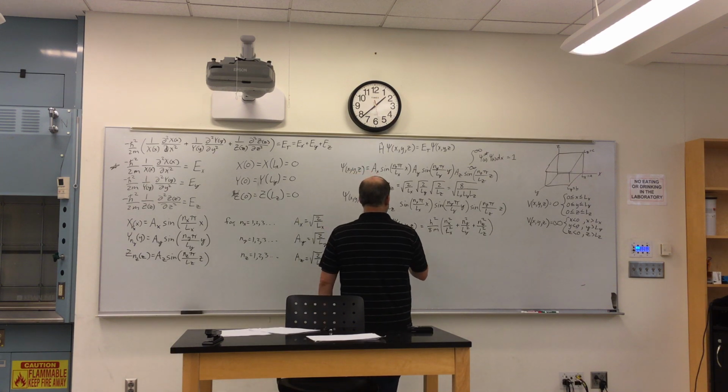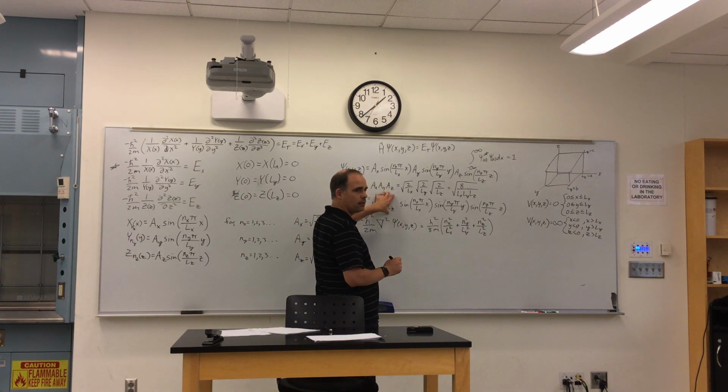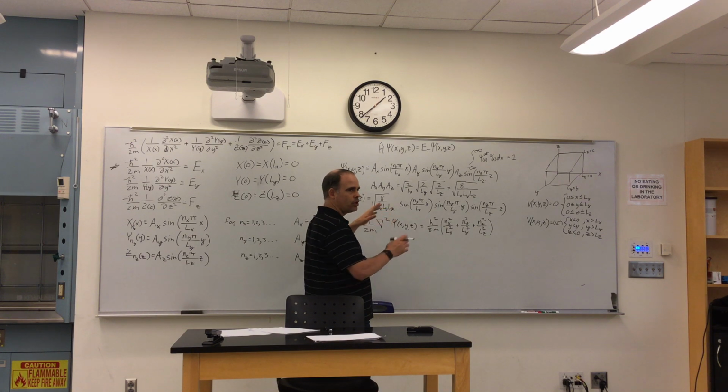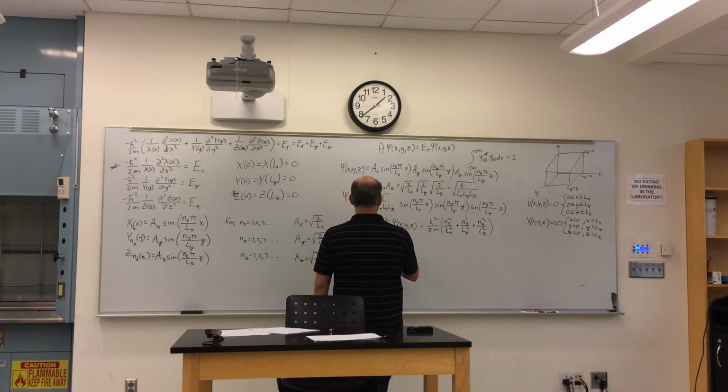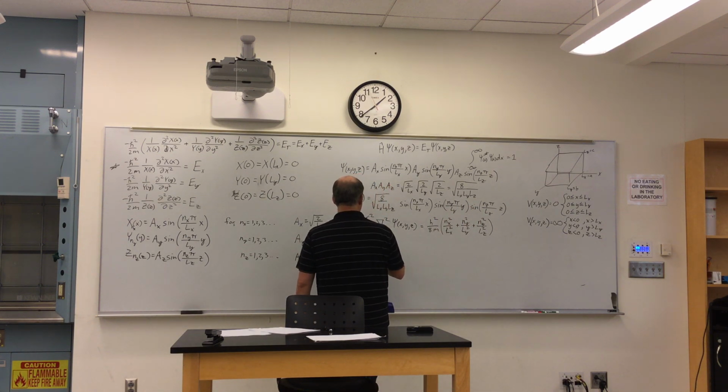Okay, so if I take this whole thing, it is a constant, right? Once you define your box, 8 over the length of the x, y, and z, that's a constant. So I'm going to take the derivative of this whole thing with respect to x. This is a constant, and these two are constant, so I can pull them out. So essentially I'd have the square root of 8 over Lx Ly Lz